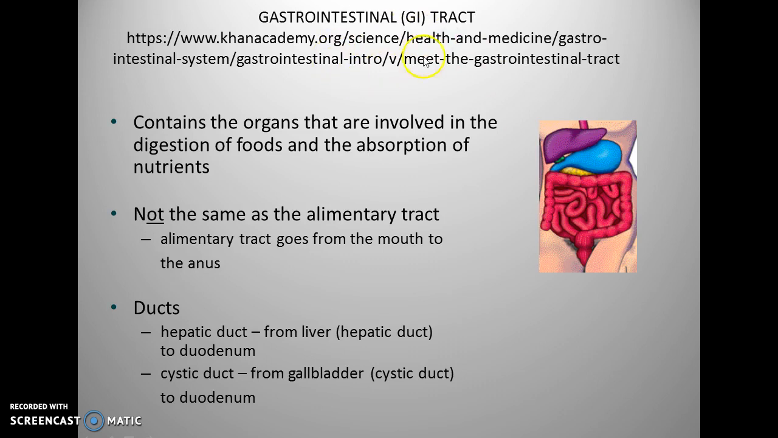Okay, again, a very good video that gives a very good overview of the GI tract. This is from the Khan Academy. So here we're talking about organs that are associated with the digestion of food and the absorption of nutrients. It begins, we'll have a picture here, it begins with the mouth, the esophagus, the stomach, the small intestines, the large intestines, and then the rectum, which leads out to the anus. So, not the same as alimentary